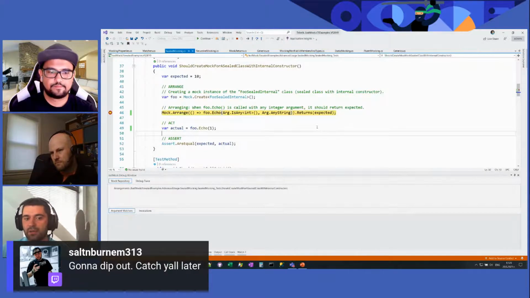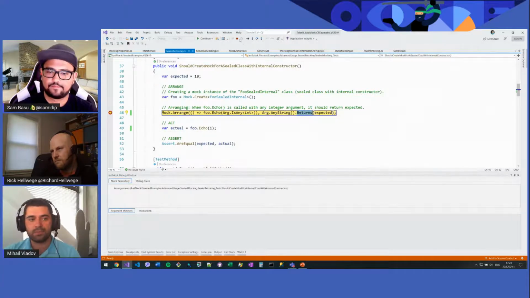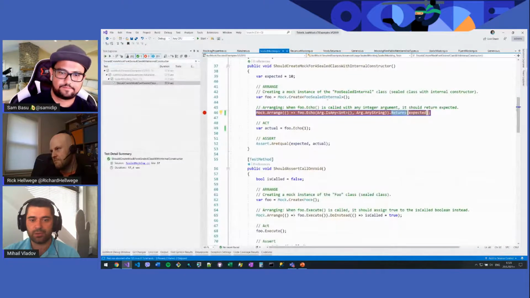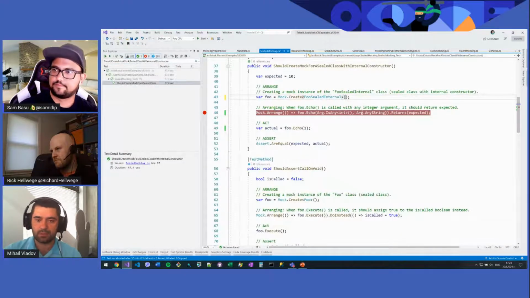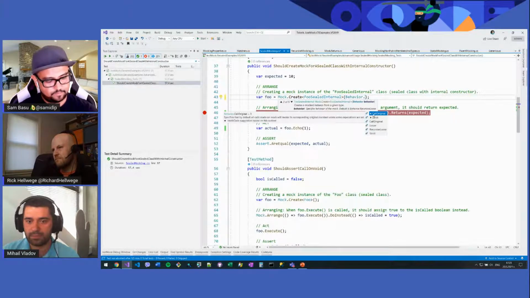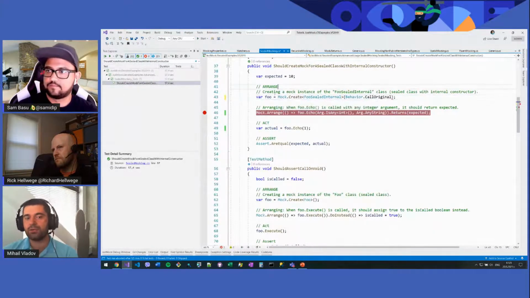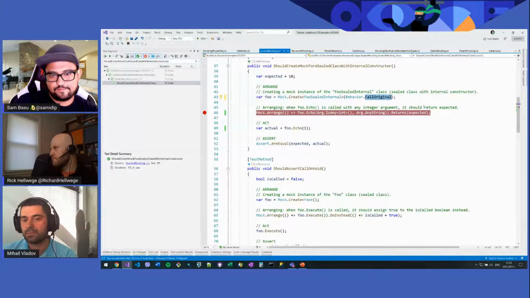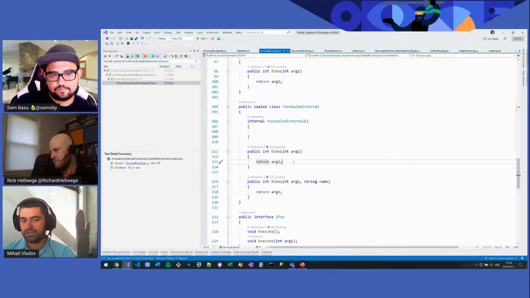Of course, you can create your mock with the CallOriginal behavior, and then by default all of the code from the Foo class will execute the original code, meaning that this code matters, which is here.